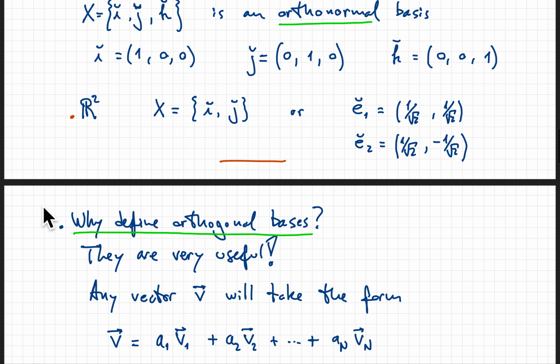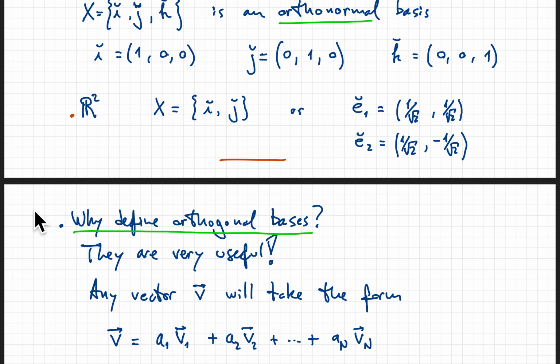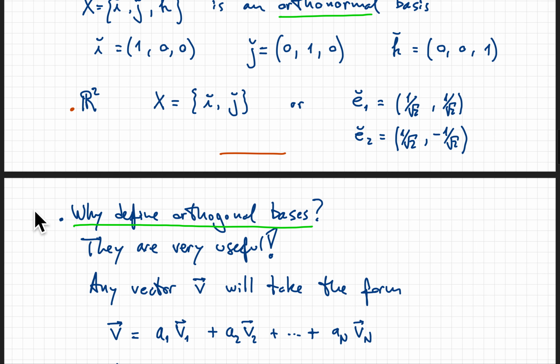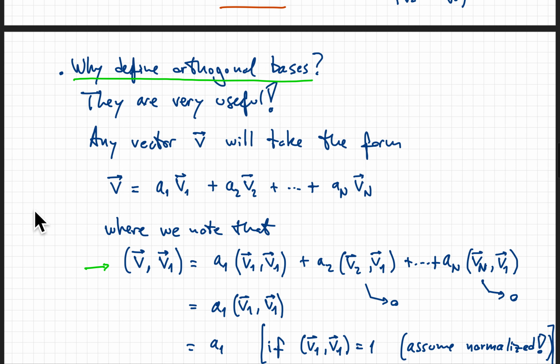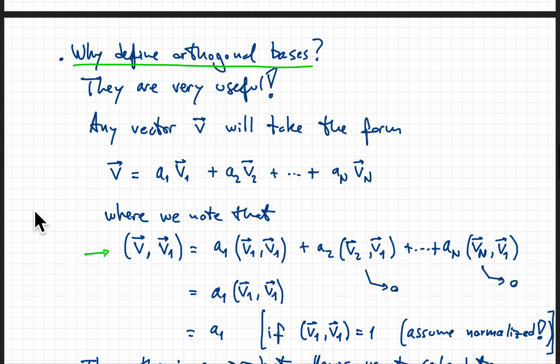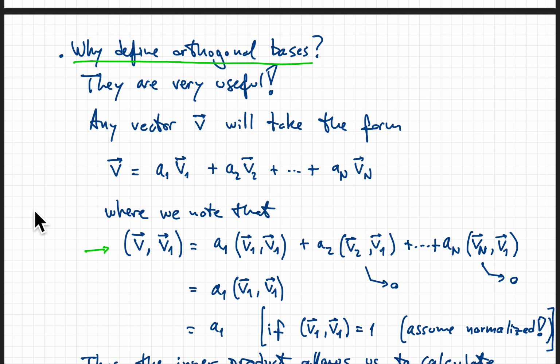Now, why do we define this orthogonal basis? Isn't it enough to just have a basis? And for many applications, it is enough to just know that you have a basis. But in many cases, it's really convenient, it's very useful to have an orthogonal basis or even an orthonormal basis. So suppose that we have one such basis, then we know that any vector in our space can be written as a linear combination in this way of the vectors in my basis. So here the vectors in my basis are v1 through vn, and the linear combination is formed with these coefficients